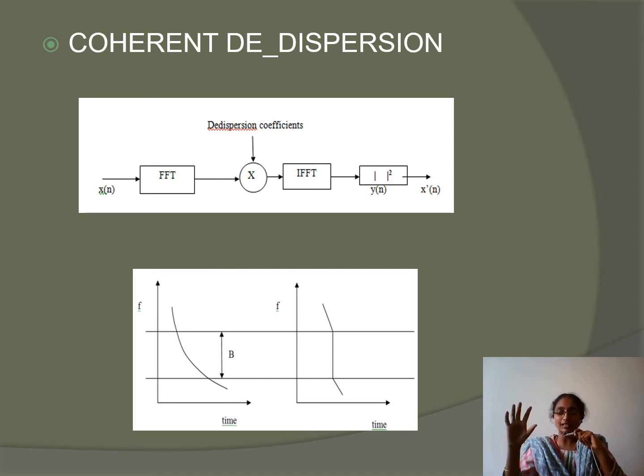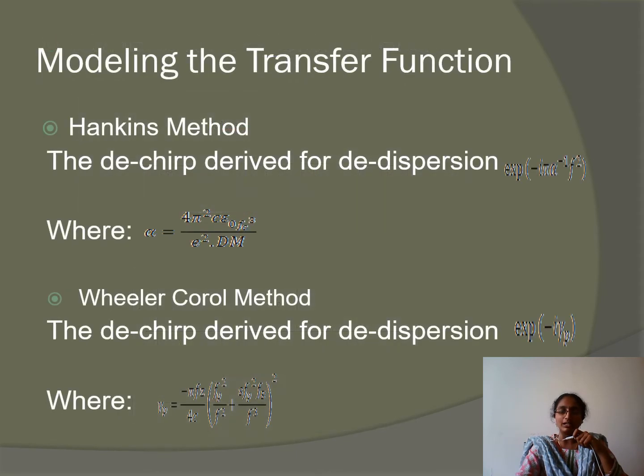So we have the signals from the pulsar getting generated on all frequencies, almost all, in a wide range of bandwidth. But we are doing it only for some particular bandwidth. Now, these are the models which I have considered to remove the delays or remove the dispersions and get the de-dispersed signal.